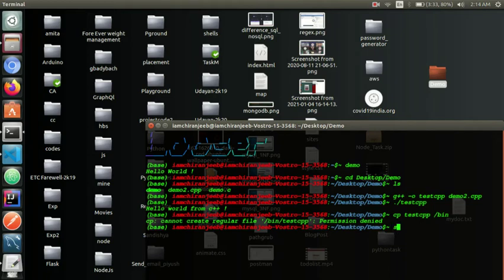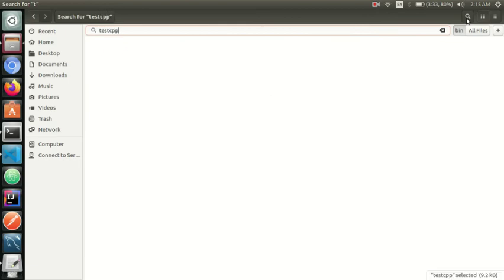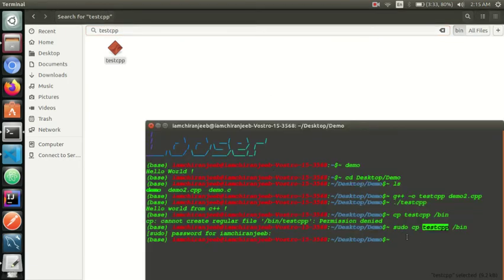Sorry, I will do sudo cp test_cpp /usr/bin. It's asking me for the password. So it's not showing any error. Now we will check whether this test_cpp has been copied to the bin folder or not. Yes, this test_cpp executable file has been copied to the bin folder.